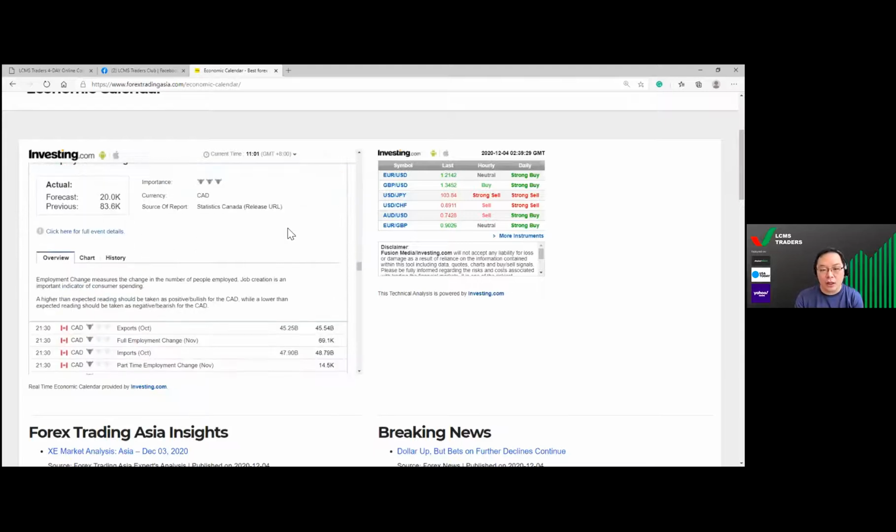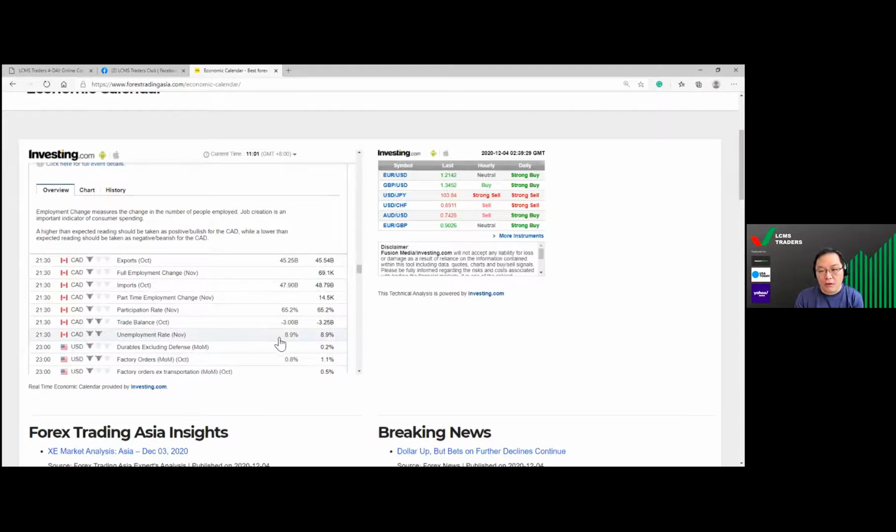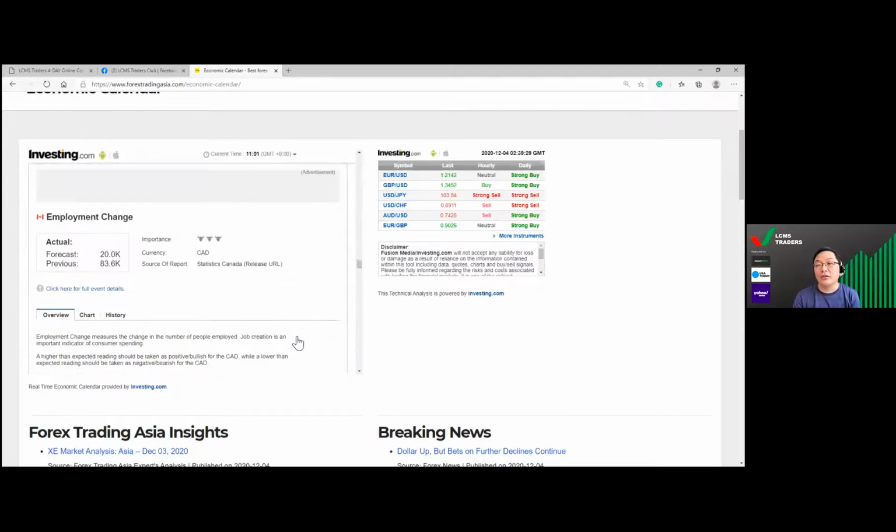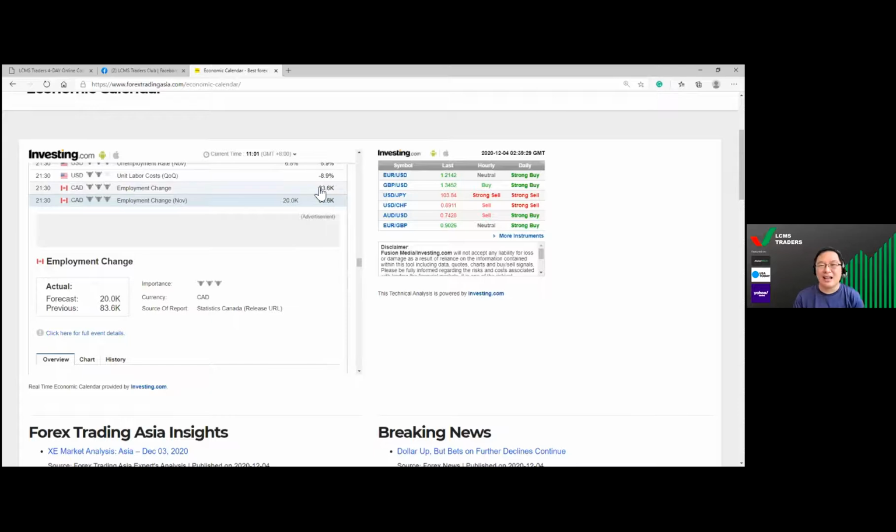But if you look at the unemployment rate, it's holding at 8.9, so overall I think it's going to be stable. It's just that the economy is not going to do well, with COVID-19 and some things shut down. Employment is not going to be very great. But as I said, let's look at the actual data. I won't be surprised if there is a surprise in the employment change, to be slightly higher. So just bear in mind and let's look out for it. Okay, great. I hope I answered your question.